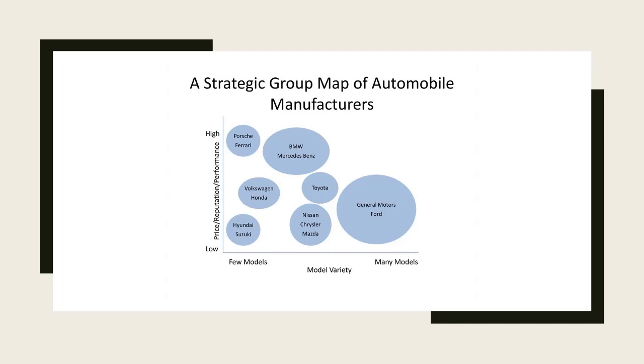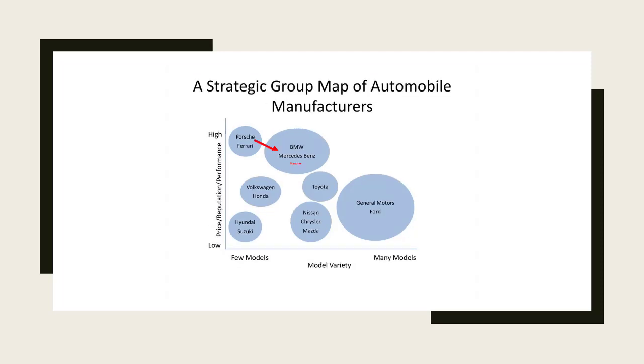And when they looked across the strategic group map, they saw that there was a strategic group very nearby that they could capitalize on by changing just a few things about what they did as a car firm. I'm, of course, talking about the circle that's right next to them in terms of the BMW and Mercedes-Benz circle. In order to compete inside that circle, Porsche really didn't have to compromise all that much on the price or their reputation or the performance of the vehicle, but they did have to start offering more varieties of models or more types of cars, more product line breadth. And so they introduced the first of their models. They introduced the Cayenne, which was an